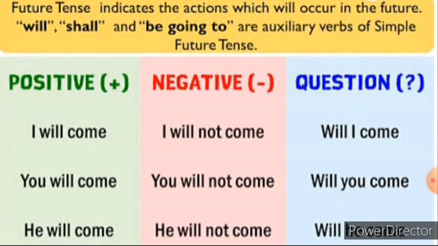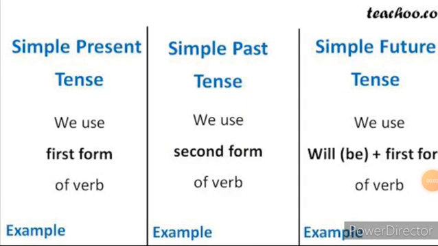How will we change it into interrogative? Which is the auxiliary verb here? Will. So first mention the auxiliary verb here. Will. What is the subject here? I. Will I come? End with a question mark. Here you need not change the base form. For all three, you have to write only the base form. No need to change the base form here. I will come. How will you write it? First you have to mention the auxiliary verb, then next is the subject, third is the base form. What is the base form here? Come.